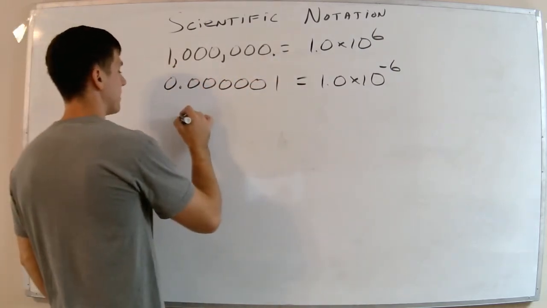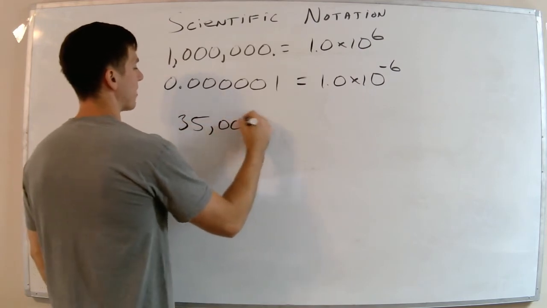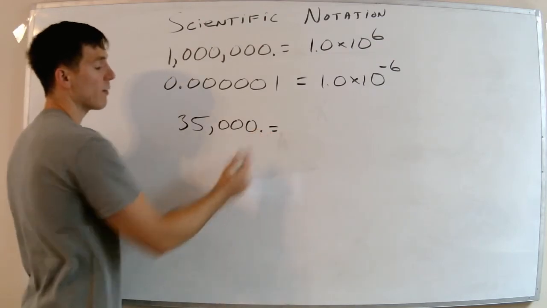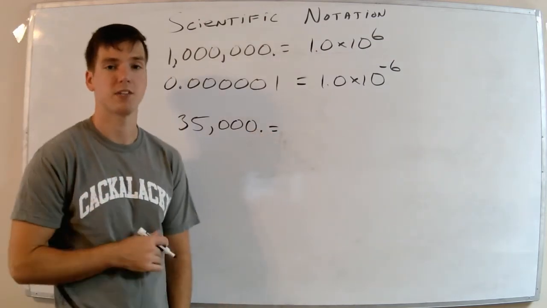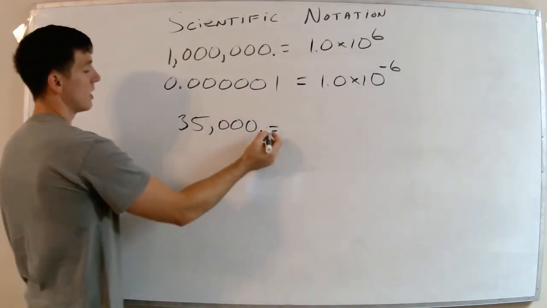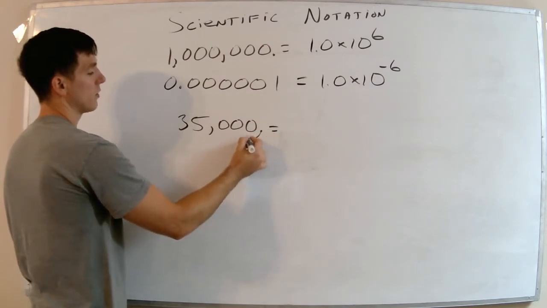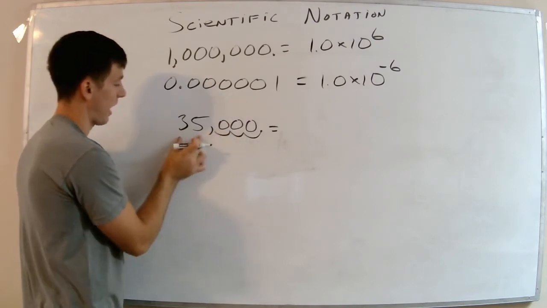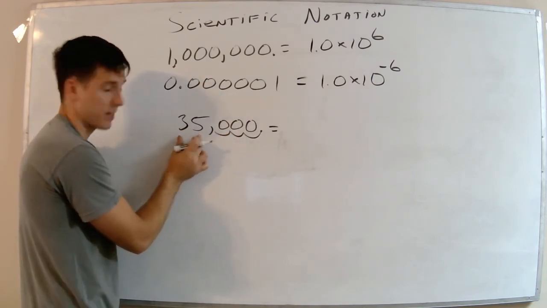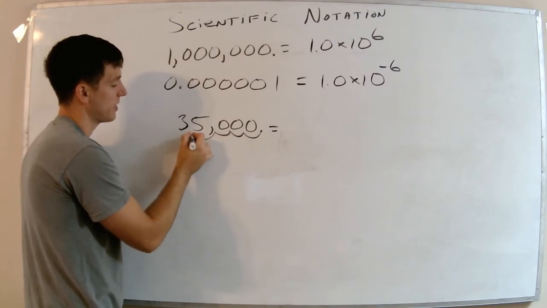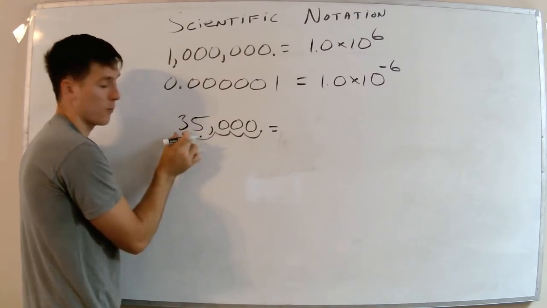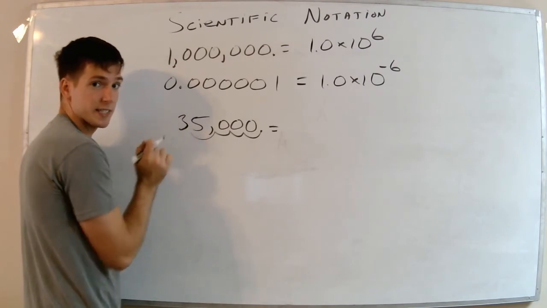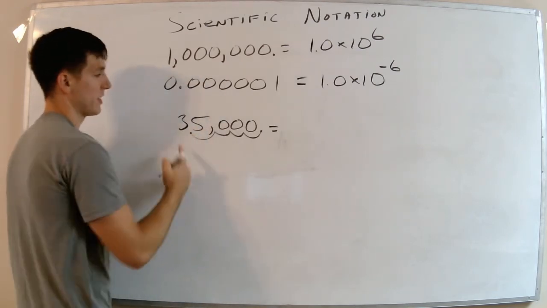So say I have something like 35,000. Now the decimal's right here, and I want to move it so there's just one non-zero number to the left of it. So I'm going to move it to the left. 1, 2, 3. I'm not going to stop here because I still have two non-zero numbers to the left of it. I'm going to go right here. Now I have only one non-zero number to the left of it. I only have that 3 to the left of it. So now my new number is